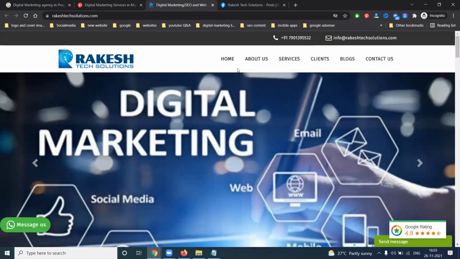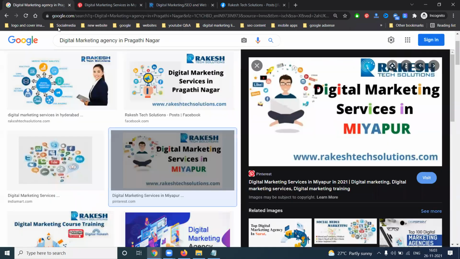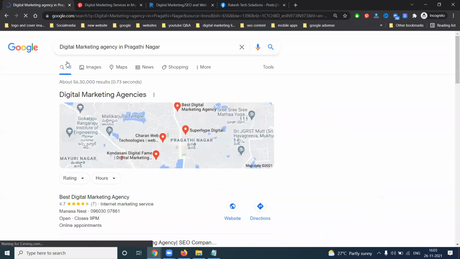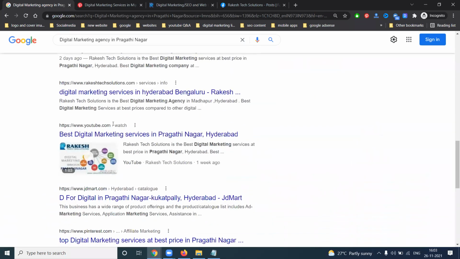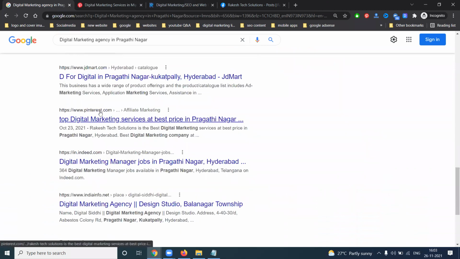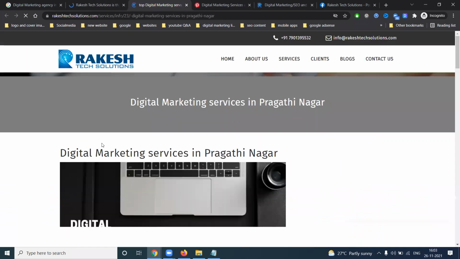So Pinterest is very powerful: link optimization, image optimization, and keyword optimization. When people search on Google, it will also be visible through Pinterest. I'll go to this option here. Click this option and click here.